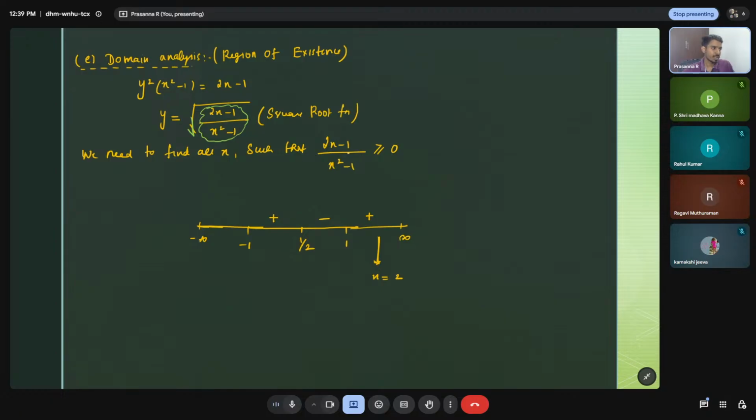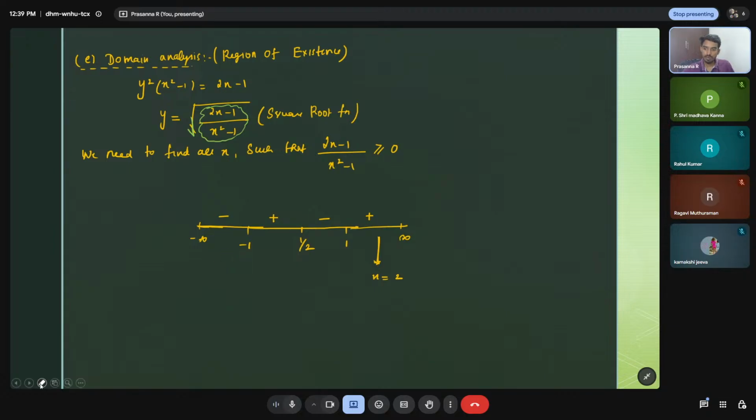If that number is positive, it is positive throughout the interval. If that number is negative, it is negative throughout the interval. Now you take any number here, let us say minus 2. If I take minus 2, 2 into minus 2, minus 4 minus 1 is negative, this is positive. Positive and negative is negative. Now you can see that